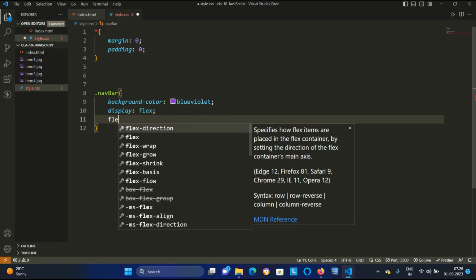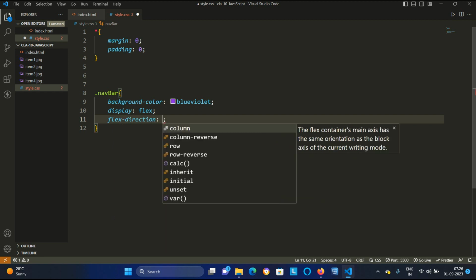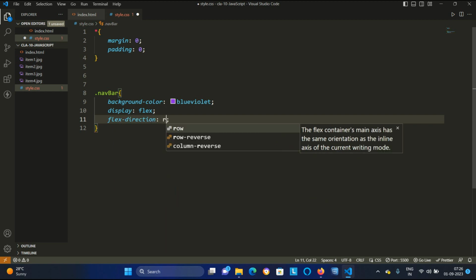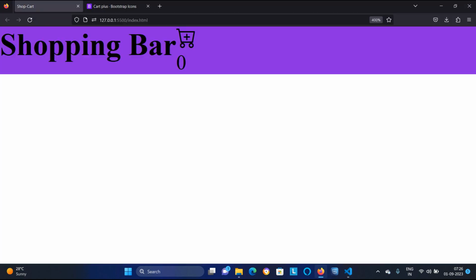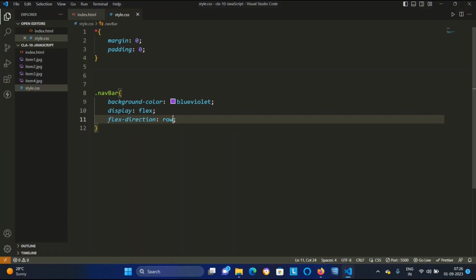Whether you say flex direction row or not, if you set display flex, the flex direction will be row. If I Control S and go back, look, no change has taken place. Why? Because by default the direction was row. So whether you write flex direction row or not, by default its value will be row.